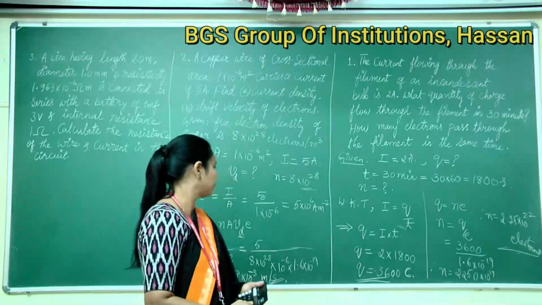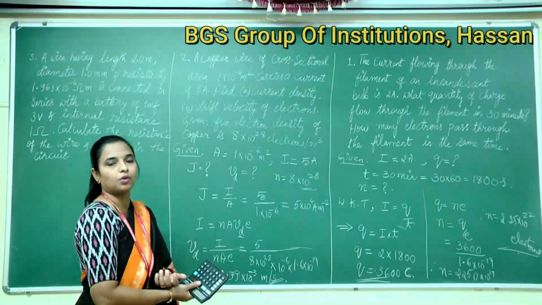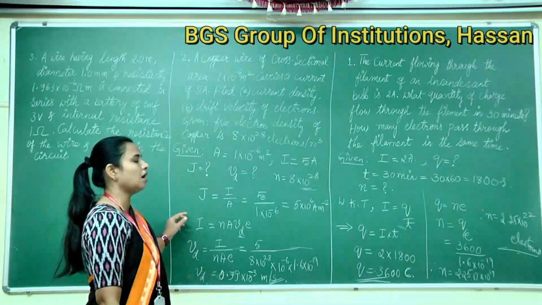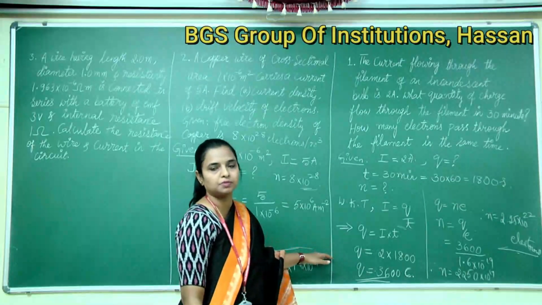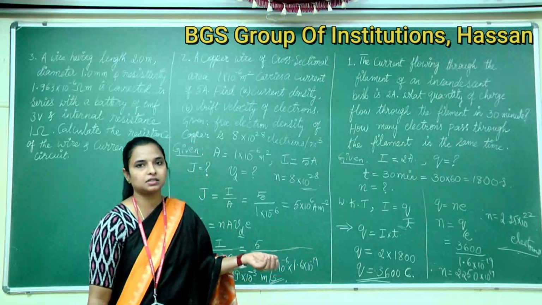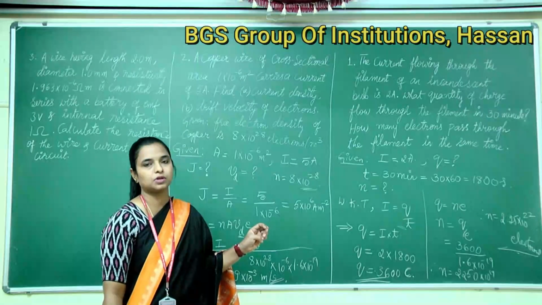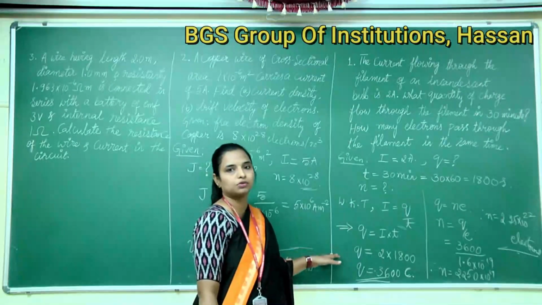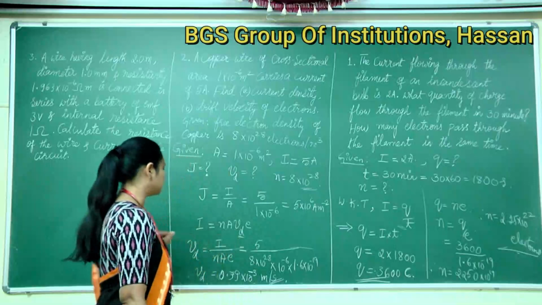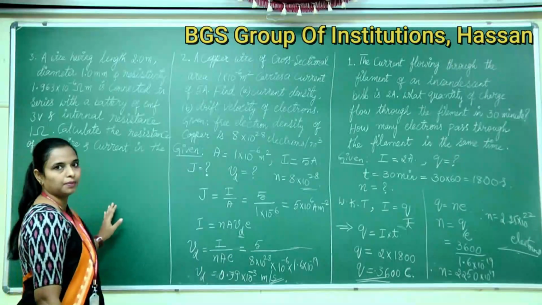So this is how we will calculate the required quantity by using the appropriate formulae. See, these are the simple problems. In the further classes, we are going to solve 5 marks problems. So to solve that easily, first you should know how to solve the simple problems. So next, move on to the next problem.